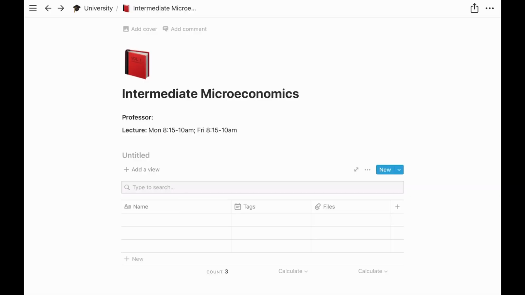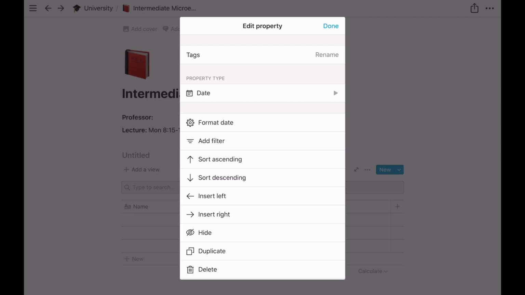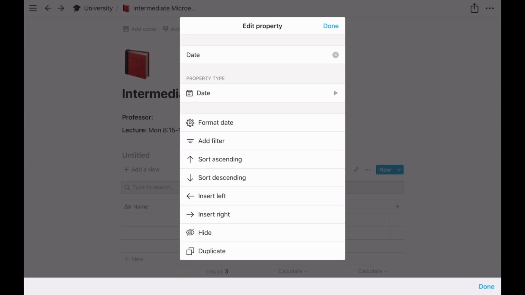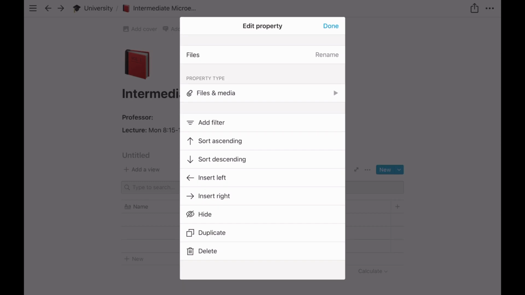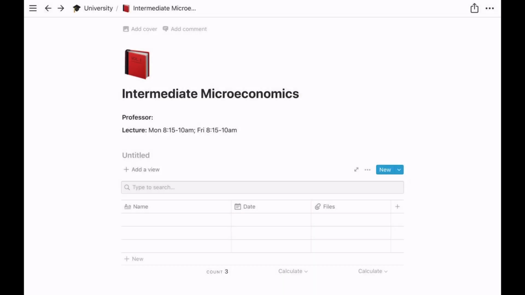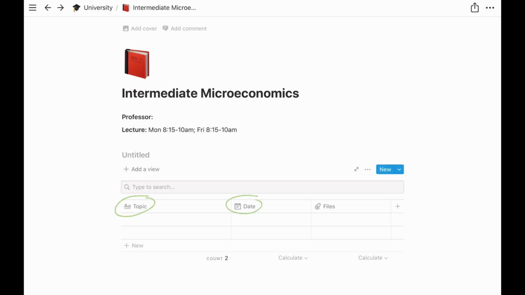You could either organize this by week and add the topics that you look at in each week, or if you're working with a textbook, you could divide it by the chapters of the book. So this is different for everyone and also depends on the class. But to give you an example, I'm using my first column to write down the topic, and in the second column I have the date of the lecture, and for the last column I decided to leave some space to put a link or maybe a page number or anything else that will help me find information about that topic,